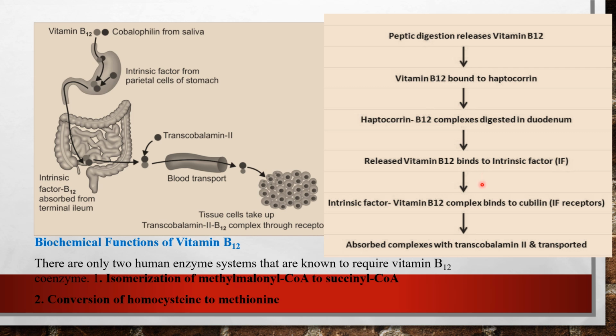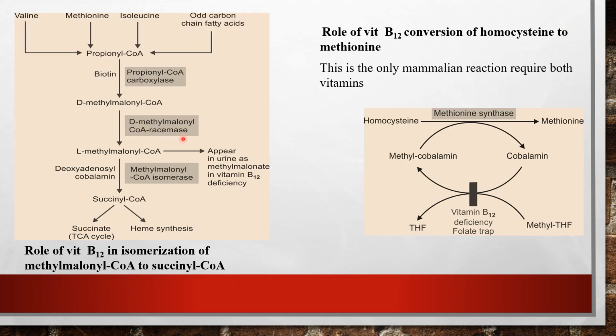Finally, they reach the ileum. In the ileum, this complex binds to cubilin. Cubilin is a type of intrinsic factor receptor. So they get internalized through these receptors. This complex is internalized and absorbed, complexes with transcobalamin 2, and finally it is transported to the liver via the portal vein. So we'll see here the role of vitamin B12 in isomerization of methylmalonyl coenzyme A to succinyl coenzyme